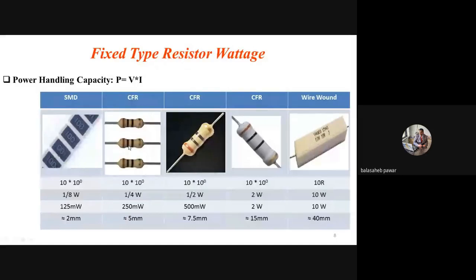Now see how the values are to be calculated. For this SMD type of resistor, a number is written over there. With the naked eye, we can't read that number also. That's why I'm saying these resistors are very small in size, which are basically used for small signal applications, as the power handling capacity is very small. So see how the value of that resistor is to be determined.